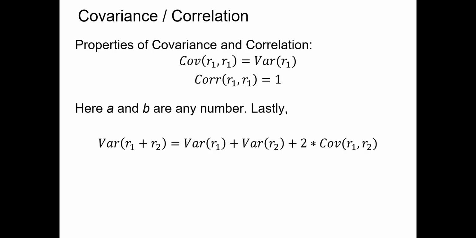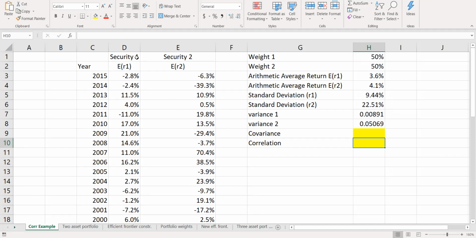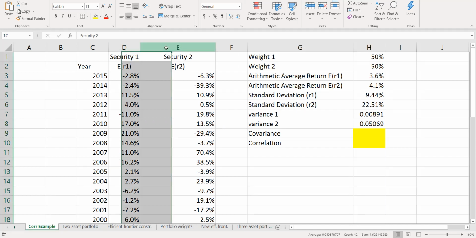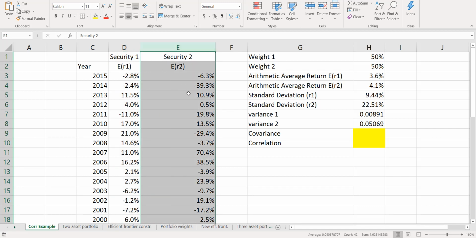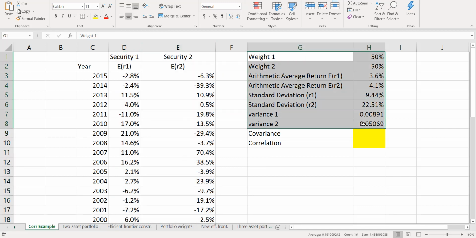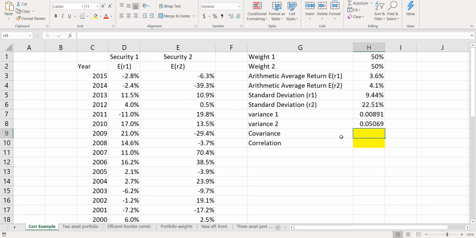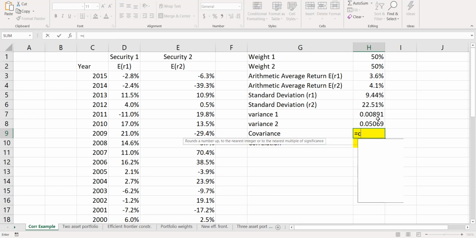Now, let's calculate the correlation and covariance of two stocks' returns in Excel. So I have here an example. We have two securities, Security 1 and Security 2, and we have some basic information about these two securities. So let's use Excel to calculate the covariance and the correlation between these two random variables. So let's start with the covariance. Now, our covariance formula in Excel is going to be COVARIANCE.S. So equals COVARIANCE.S,